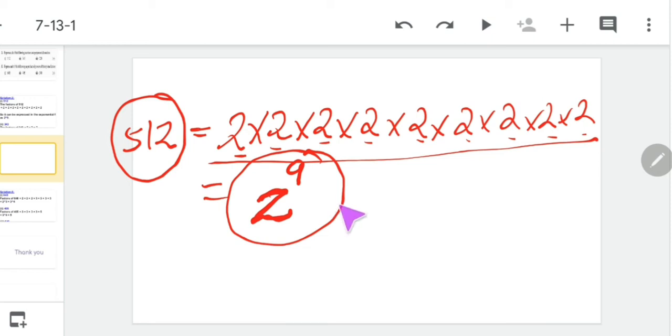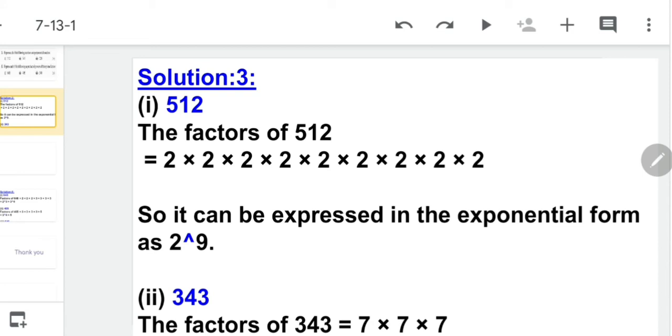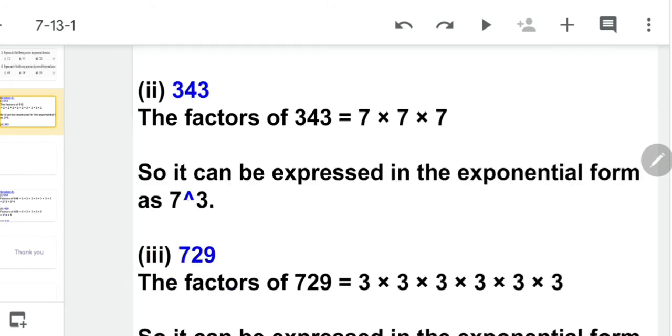So you can see this is the part of third question, but the answer is in terms of prime factor, which is explained in question number 5. That means question number 3 and 5 are both similar. You have to do the same thing in both the questions. Okay. So this is the first part of question number 3. When we do the prime factorization, we will get the 9 2's and our answer will be 2 power 9.